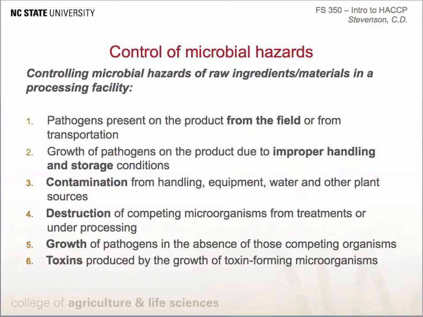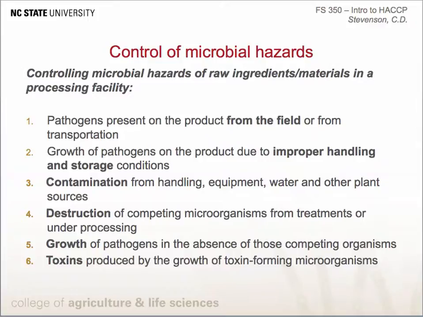Once the raw materials are transported to the processing facility, the microbial concerns generally fall into the following categories: pathogens present on the product from the field or from transportation, growth of pathogens on the product due to improper handling and storage conditions, contamination from handling, equipment, water, and other plant sources, destruction of competing microorganisms from treatments or under processing, growth of pathogens in the absence of those competing organisms, and toxins produced by the